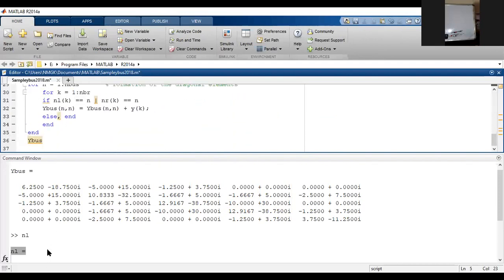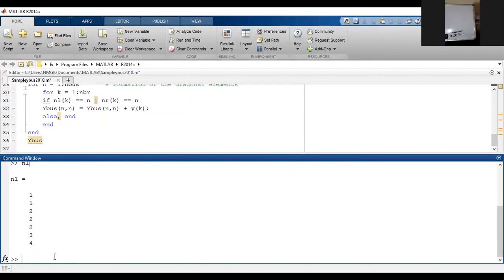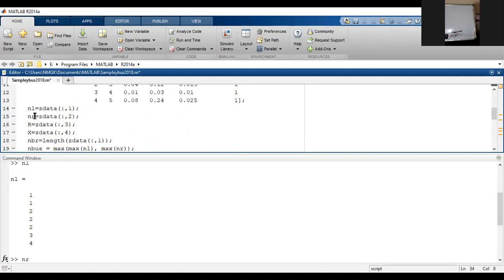Now I will type the next column at the bottom. NR. Is it the 2 buses? Yes, sir. Now you see that in the matrix form, this is my first column elements.